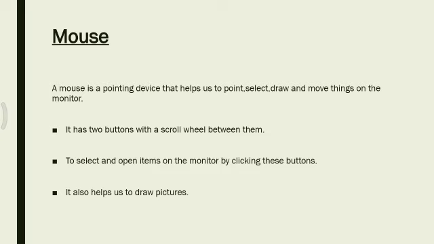And it has two buttons. You can observe that it has two buttons, left and right, and in between we have a scroll wheel between the two buttons. If we want to select the items on the monitor, we have to click the button. With the help of mouse we can do it easily. We can draw pictures as well. Next,